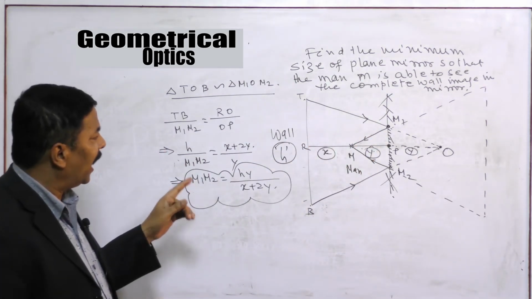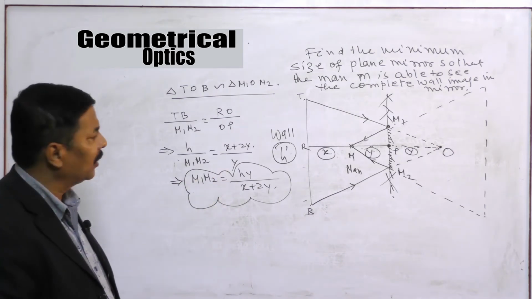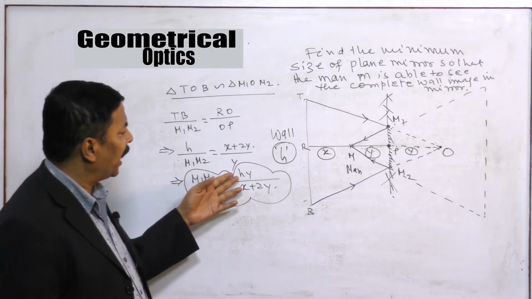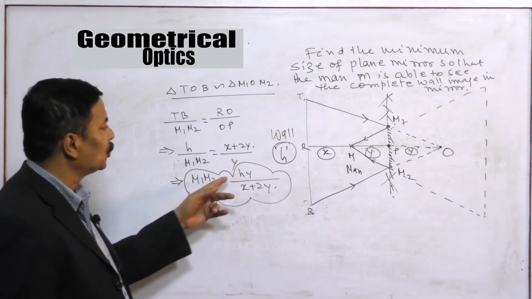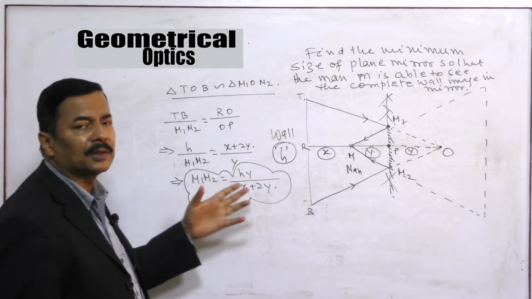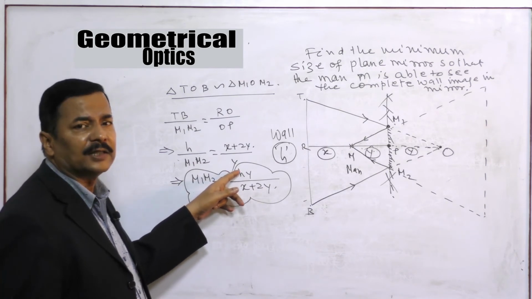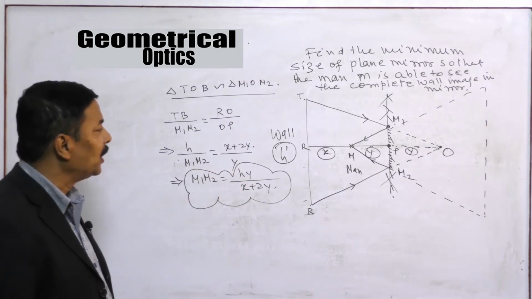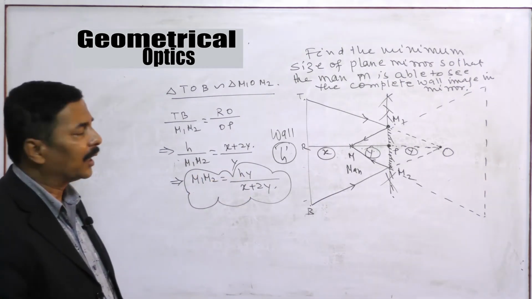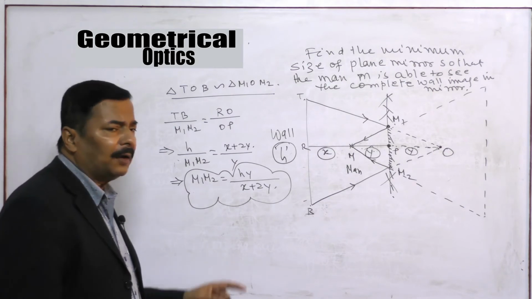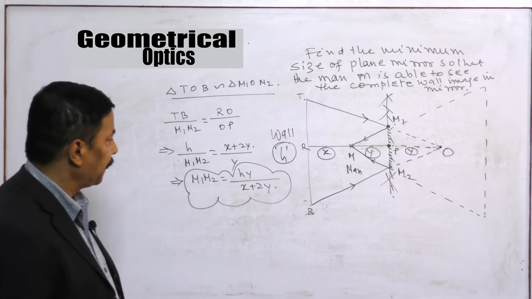Now here different questions can be framed. Put different values of H, X and Y and you will get different sizes of mirror. If it is 2 cm, it is 1 cm, it is 3 cm, the answer is different. If it is 5 cm, it is 4 cm, it is 10 cm, the answer is different. Like that only, different values you can put, 5 meter is there, and you can get the different result. Here one more thing is there for the discussion